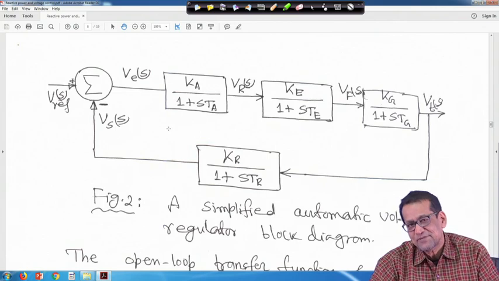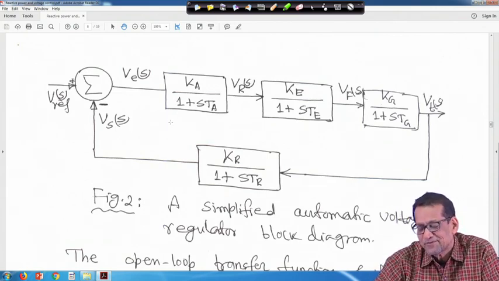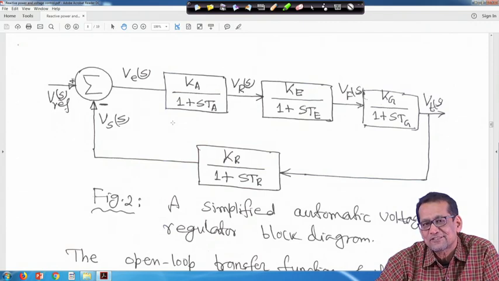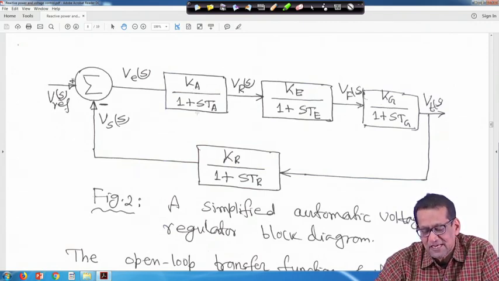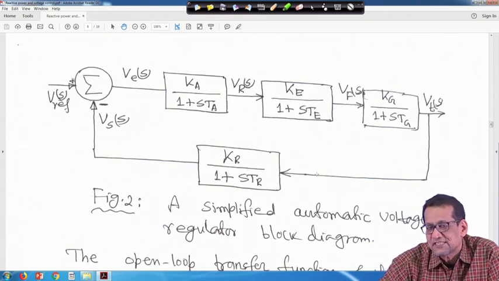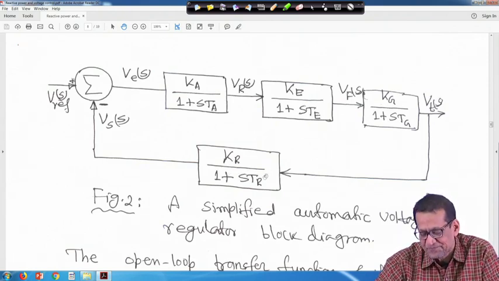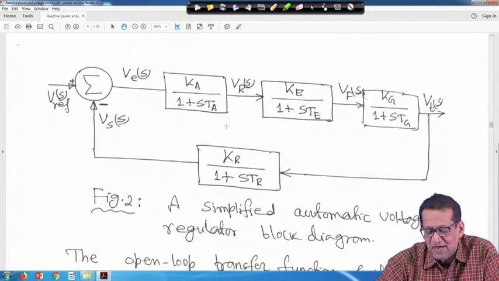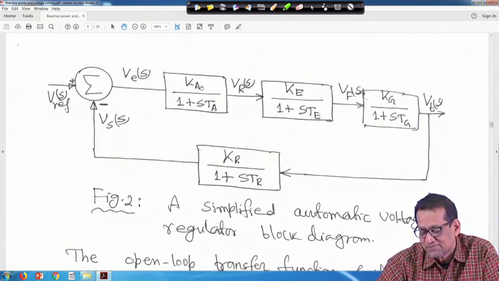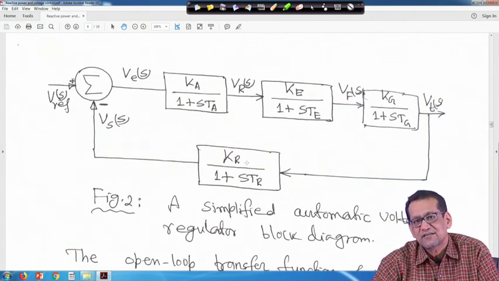This is the simplest block diagram, of the type you have already studied in your third year control system engineering course, right. So, this is Ka upon 1 plus S Ta, the amplifier; this is Ke upon 1 plus S Te, the exciter transfer function; this is Kg upon 1 plus S Tg, which relates the terminal voltage of the generator to the field voltage by a first order transfer function; and this is the sensor, the potential transformer and rectifier, sensing the voltage. In many studies you can find that Ta is equal to 0 and they consider simply Ka, and Tr is also very small, so they neglect Ta and Tr. So it will be simply Ka and simply Kr, right.